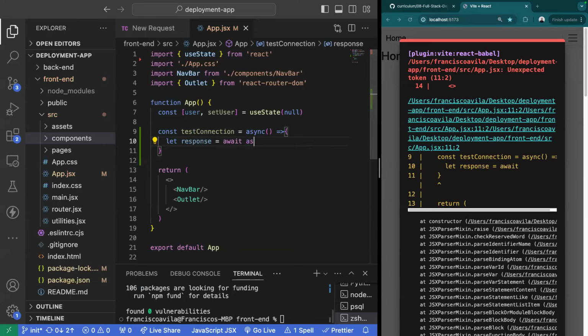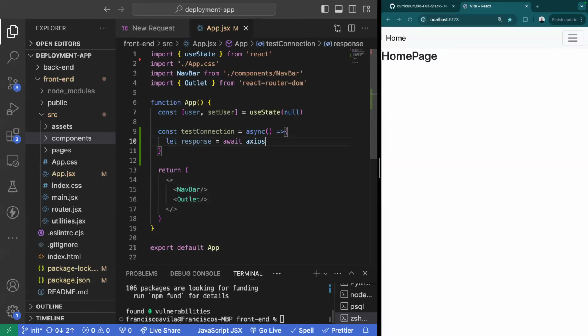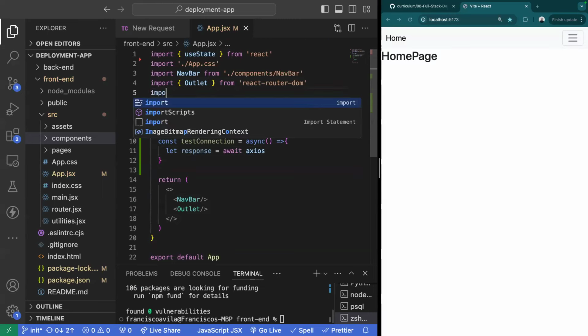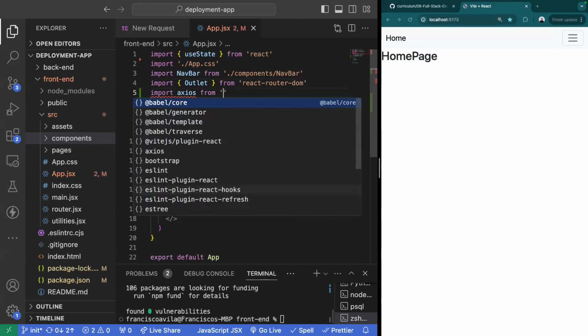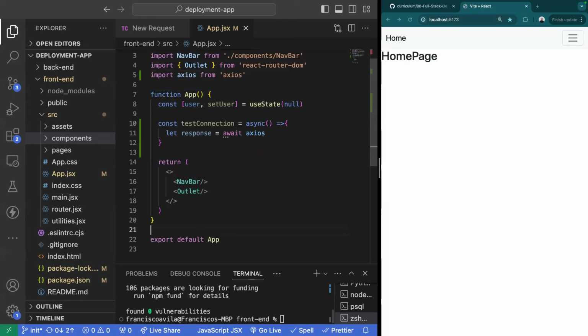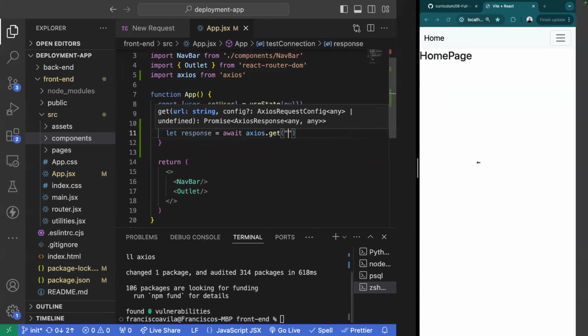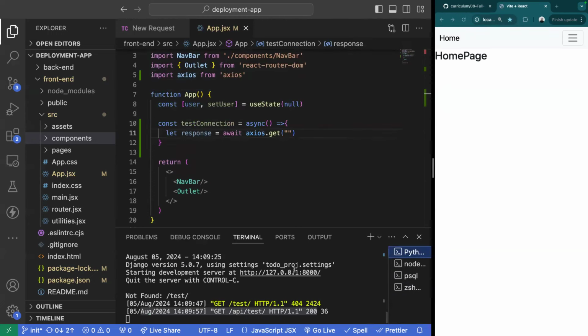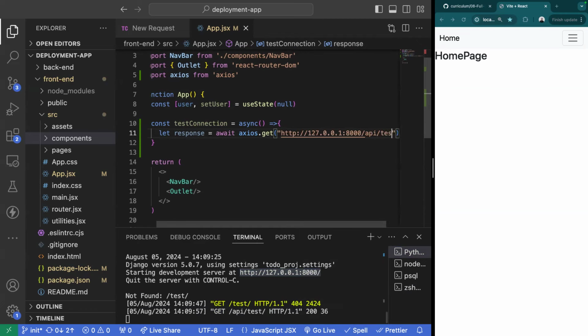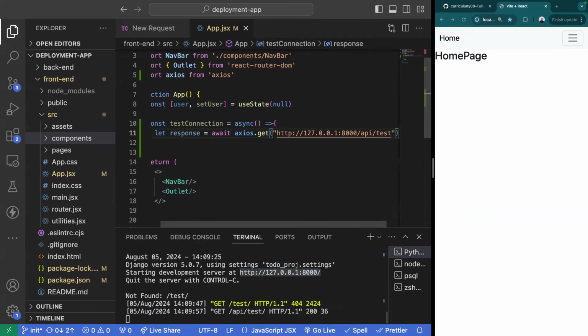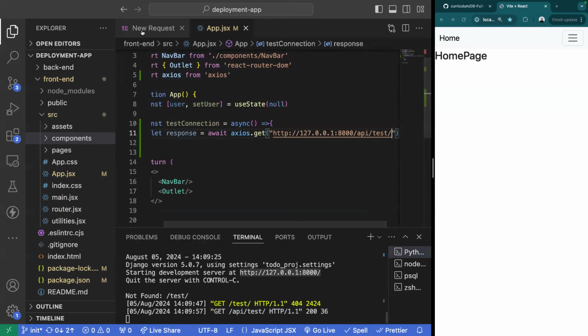So I'm going to await Axios to send a GET request. And this GET request is going to go, let me minimize that, into my backend server. So I'm going to copy that, bring it in, API/test,